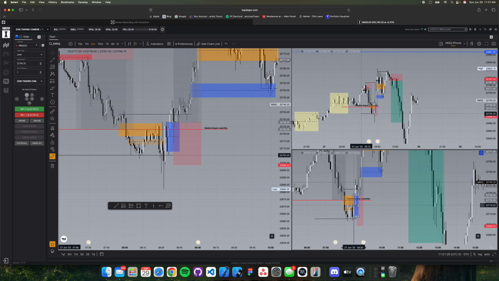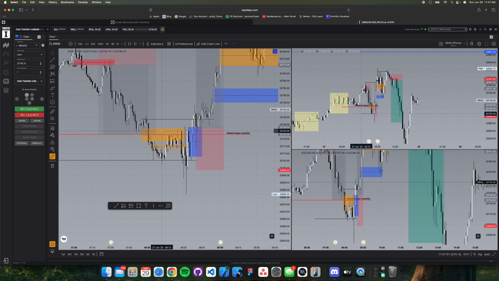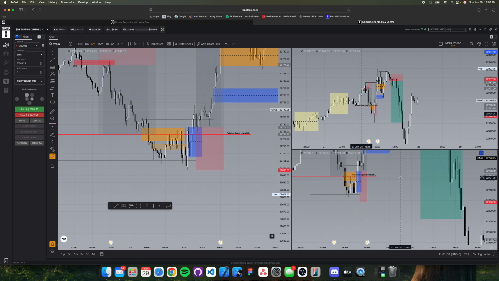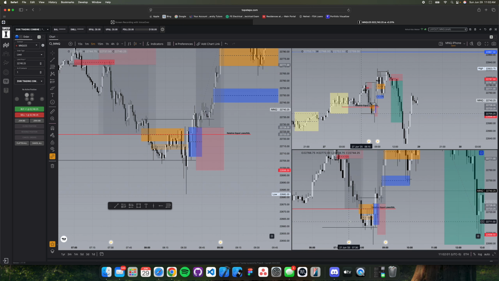Here we see price move above on the 5-minute chart. We'll look on the 1 minute. We can see a market structure shift closing above the most recent swing high in this bearish downtrend. Possible opportunities to enter a trade could be seen either here in this 1 minute sell side imbalance, buy side inefficiency, or we can trade off of the 5-minute sell side imbalance, buy side inefficiency. As price closes up above,